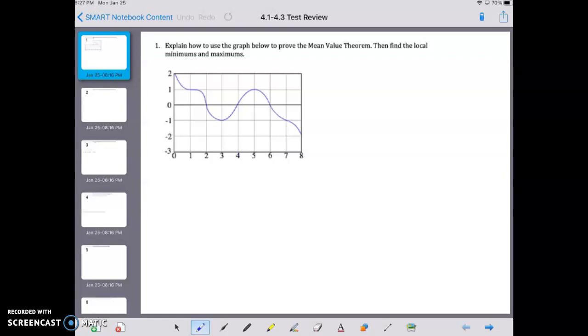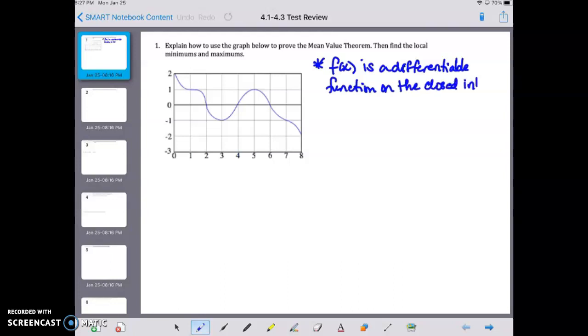So first of all, in order to use the mean value theorem, we have to state a couple things. First being that f of x is a differentiable function on the closed interval 0 to 8, right? Because that's the graph that we are given here. So what the mean value theorem says,